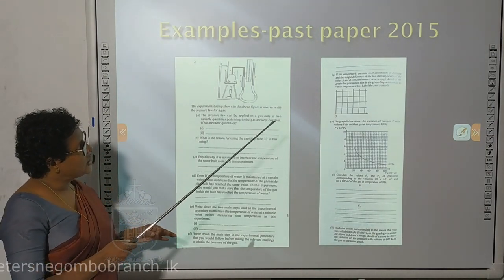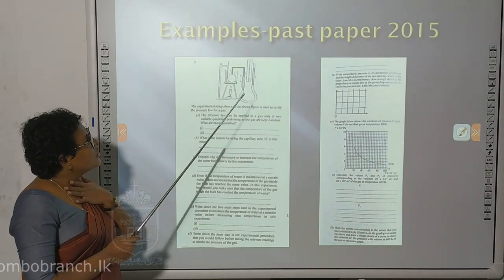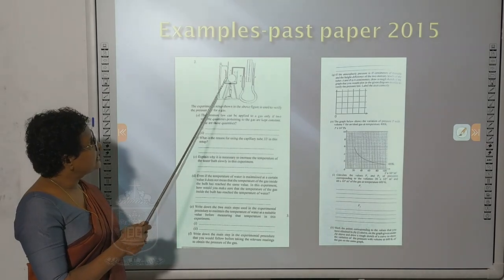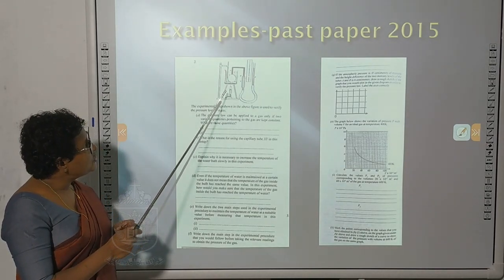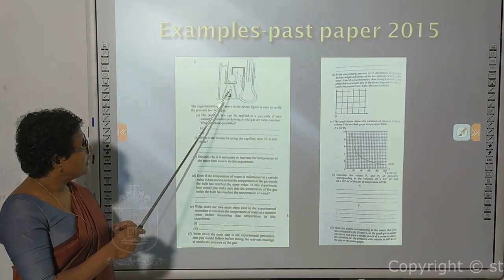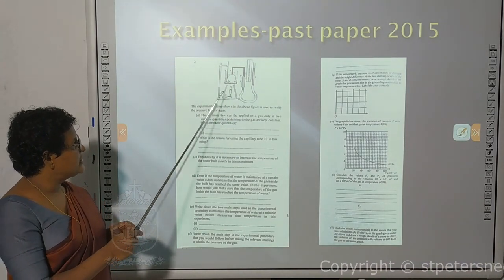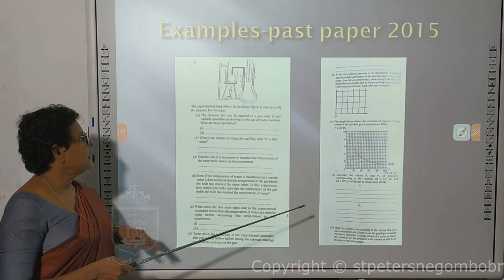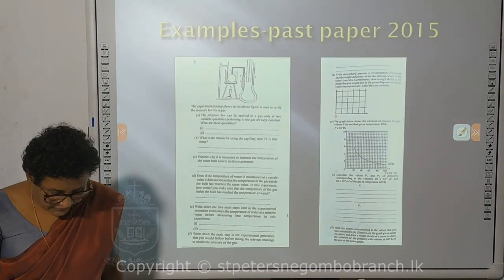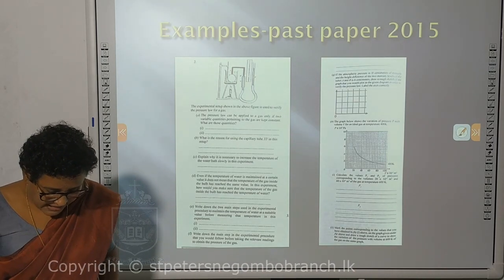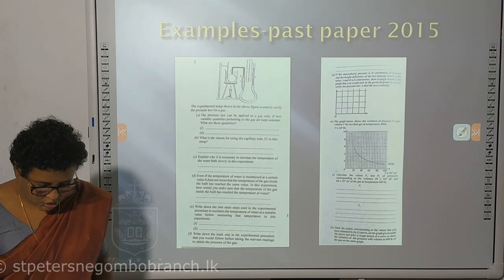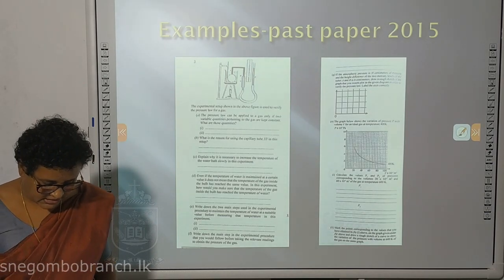You have to stir it continuously, and also here first I think you have to stir it constantly, and when you are taking the reading, when the thermometer is steady, you take the Bunsen burner out and then take the readings. Okay. Then part F, write down the main steps in the experimental procedure that you would follow before taking the relevant readings to obtain the